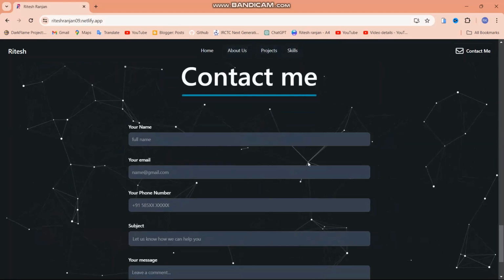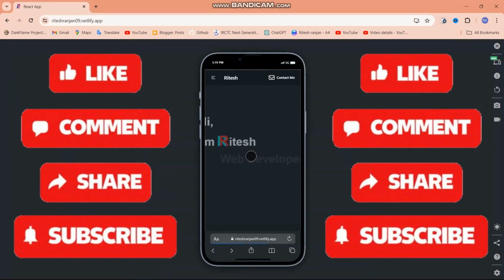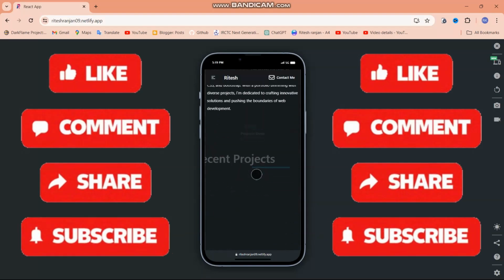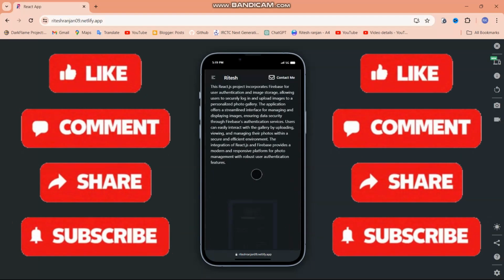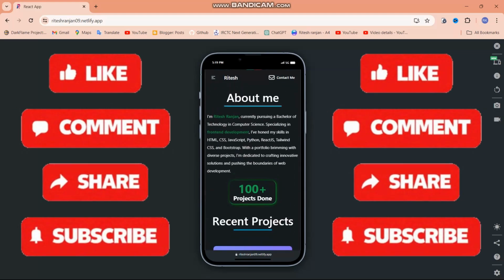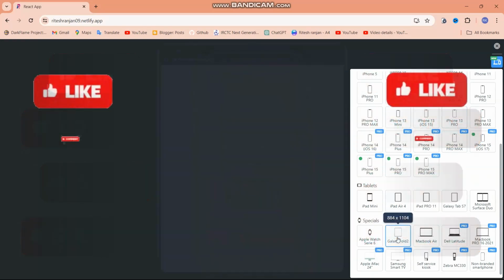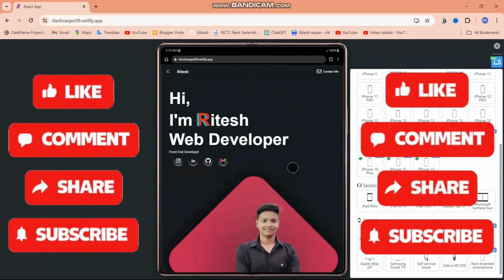And this website is responsive also. Let me show you. In a mobile phone, you can check it out here. Yeah, this is how it looks in a mobile phone. Yep, and let me show you in a tab also. Yeah, this website is live now, so you can check it out, and you can directly send me a message if you want,